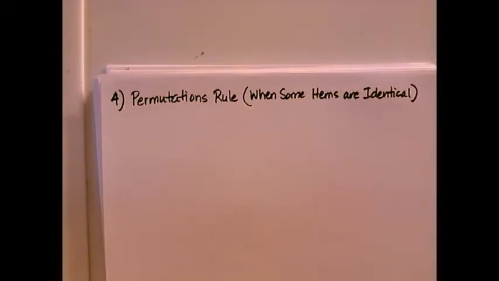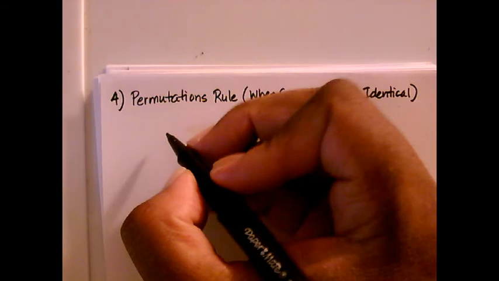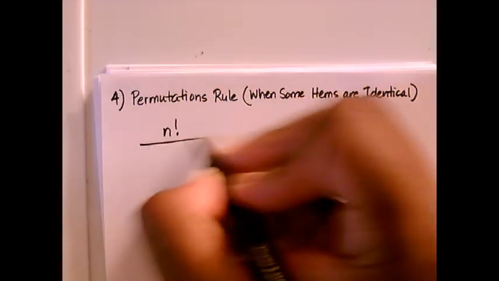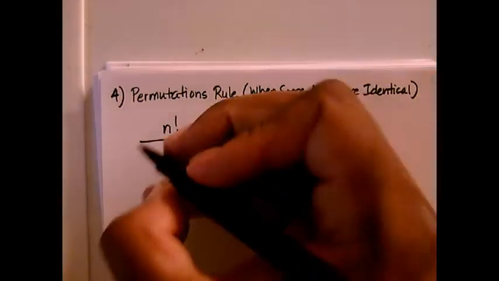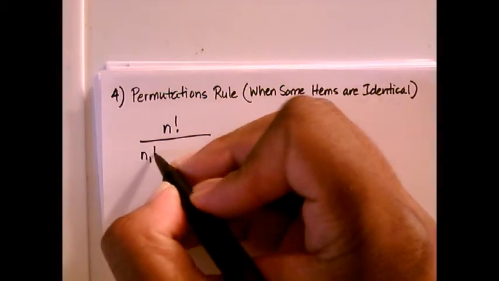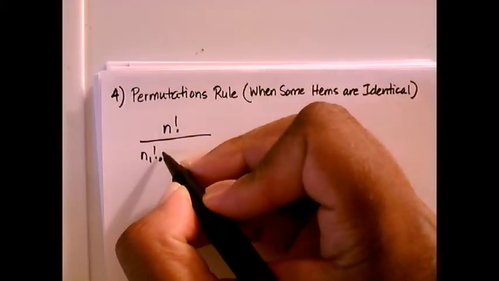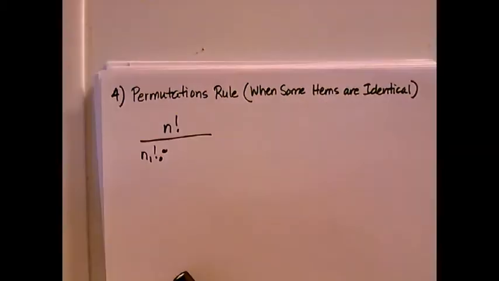Okay. Now the way we do that is this. We have n factorial in the numerator. Now the denominator is going to be n1 factorial times